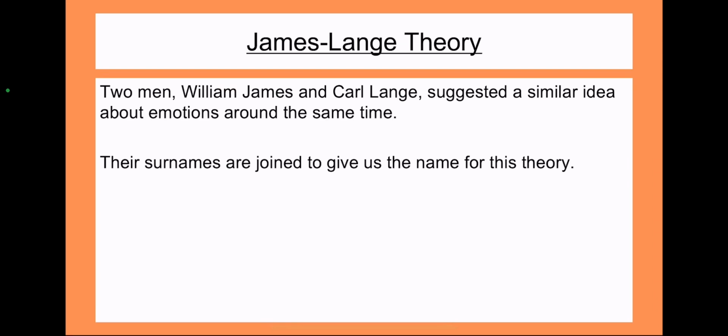But basically they were interested in the idea of when an emotion is actually processed by the brain. So for years and years, everyone just assumed that when we were upset, we would start crying, or when we were happy, we would smile. But actually, James-Lange believed it was the other way around. Let's try and explain that.